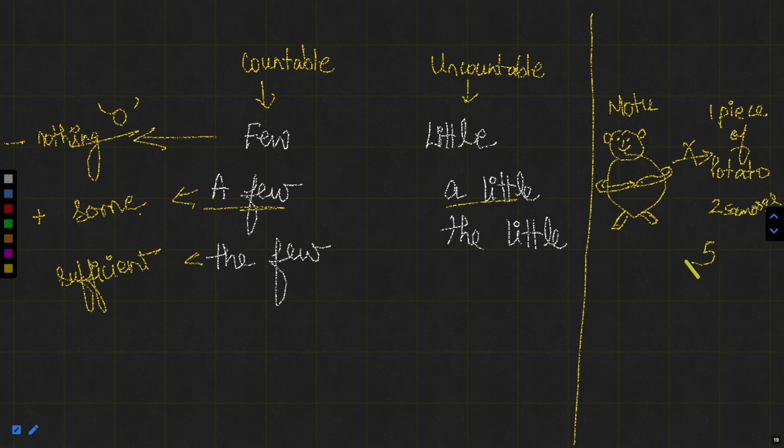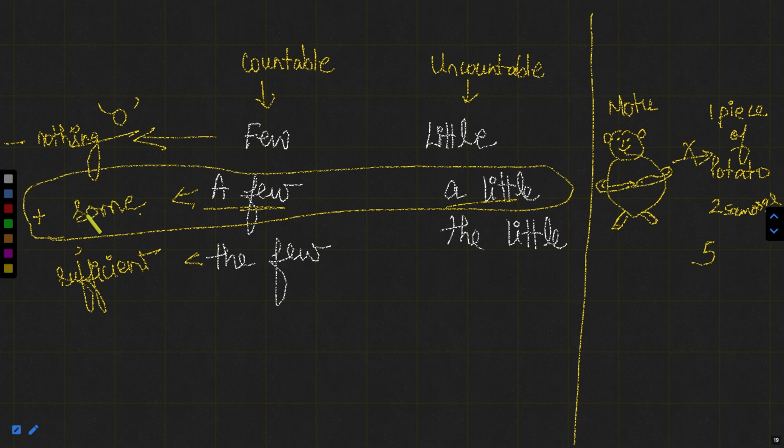But if you go to another shop where you find a candle and you thought to take that candle to the house and light it up, that candle costs 10 rupees. Now you have a sufficient balance with you. Why so? Because the candle costs 10 rupees and you too have 10 rupees, so that will be the few, the few rupees. Why so? Because that is the sufficient amount that you wanted. So this is actually the difference among few, a few and the few, and little, a little and the little. So this a few or a little means some. It means some in quantity, which shows the positive sense.